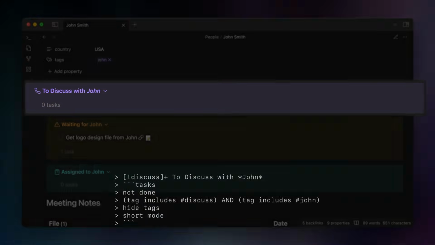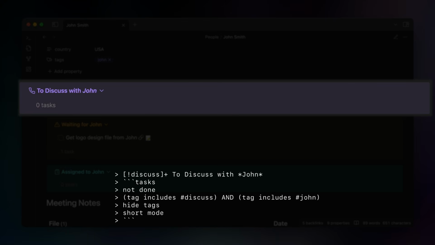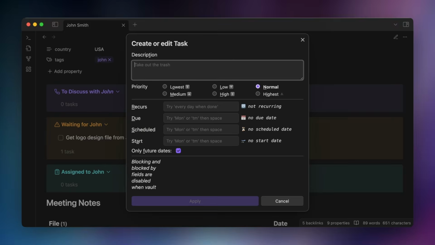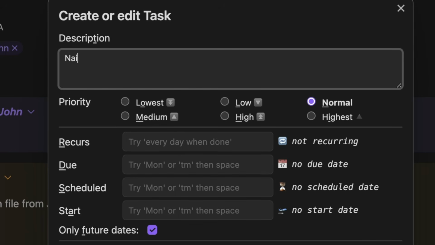mode. Now right above that, there's another custom callout, which is using another tag that's just part of my task management system, and that is the discuss tag. So from here, we can use the same keyboard shortcut, create a task for nailing down the color scheme for the logo with John,